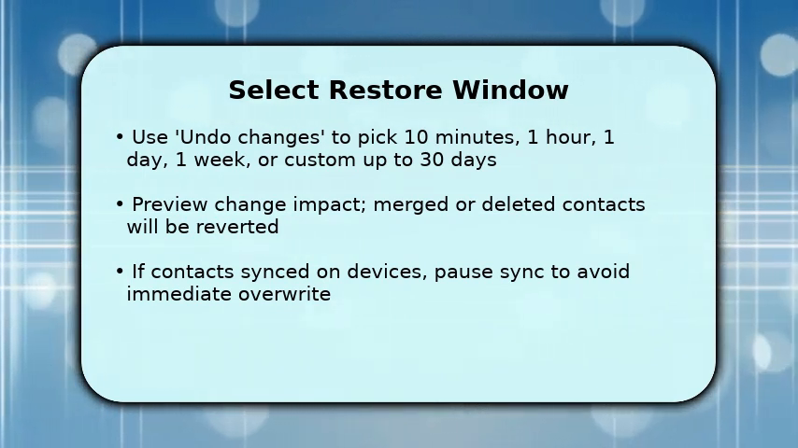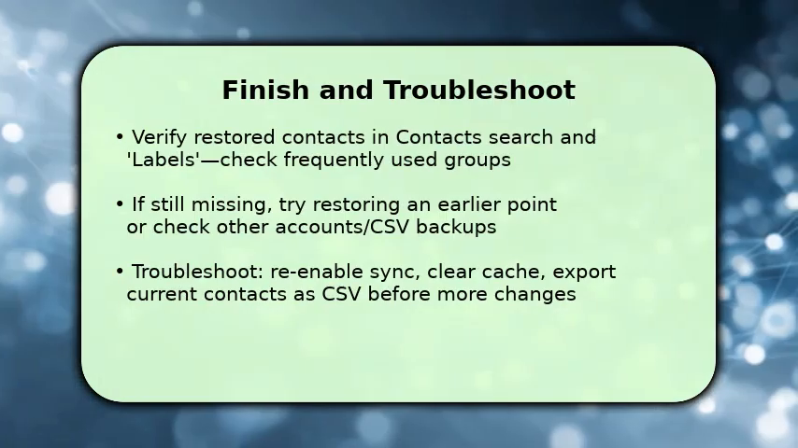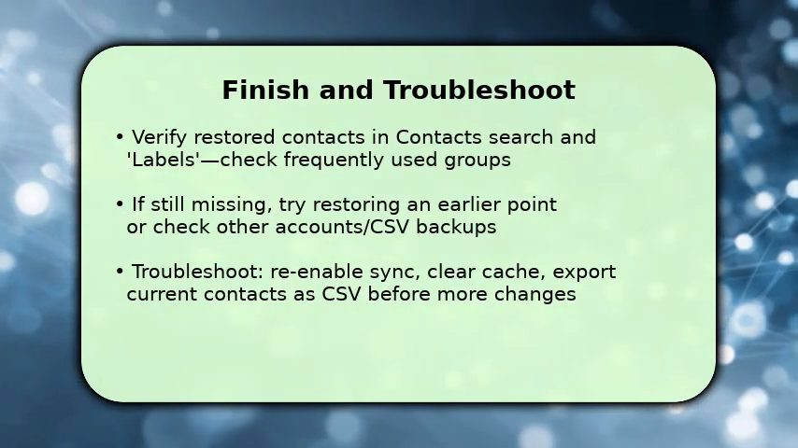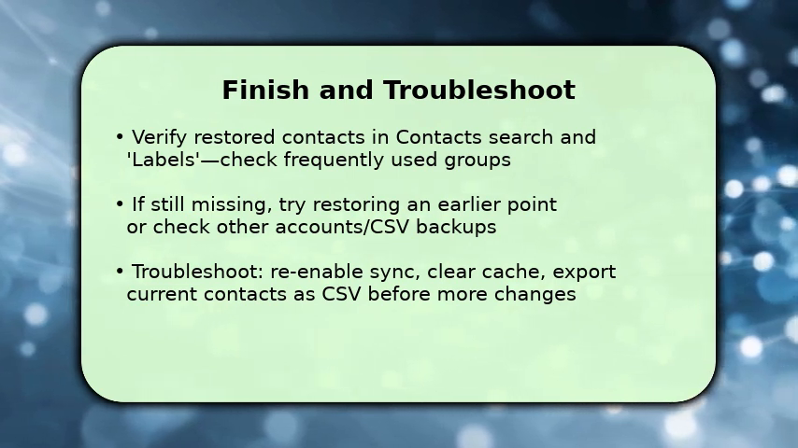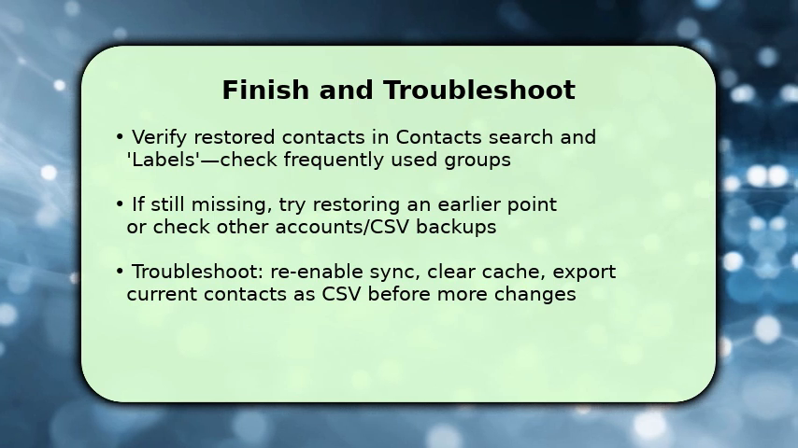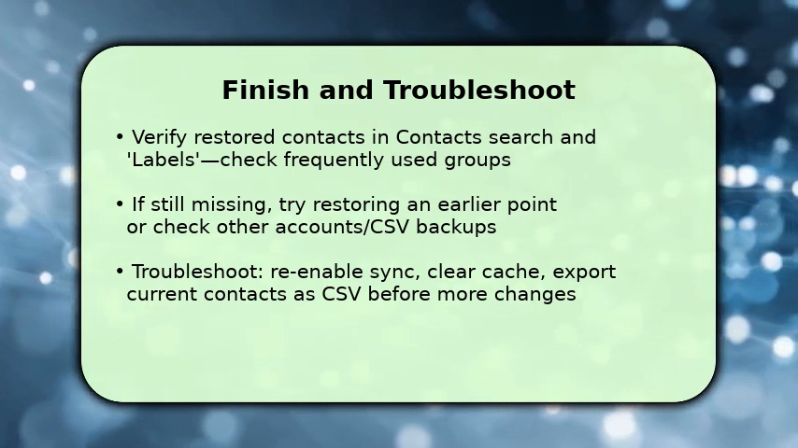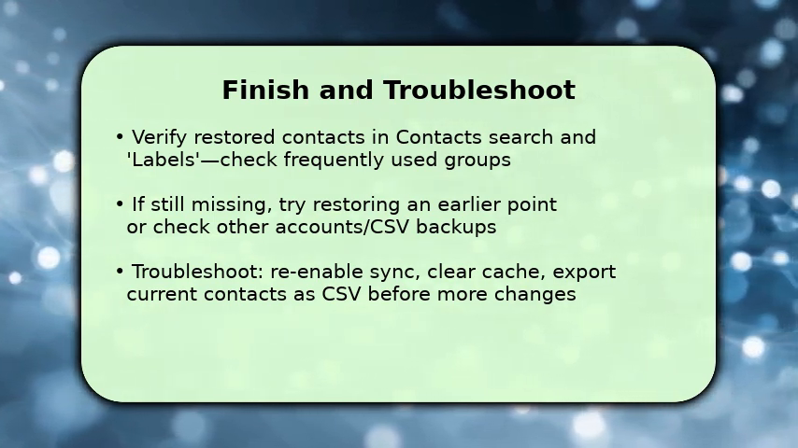You finish by reviewing contacts to confirm names, emails, and labels returned correctly. Search for high-priority contacts and inspect groups. If something's still missing, try an earlier restore point or check other Google accounts, device storage, or any exported CSV